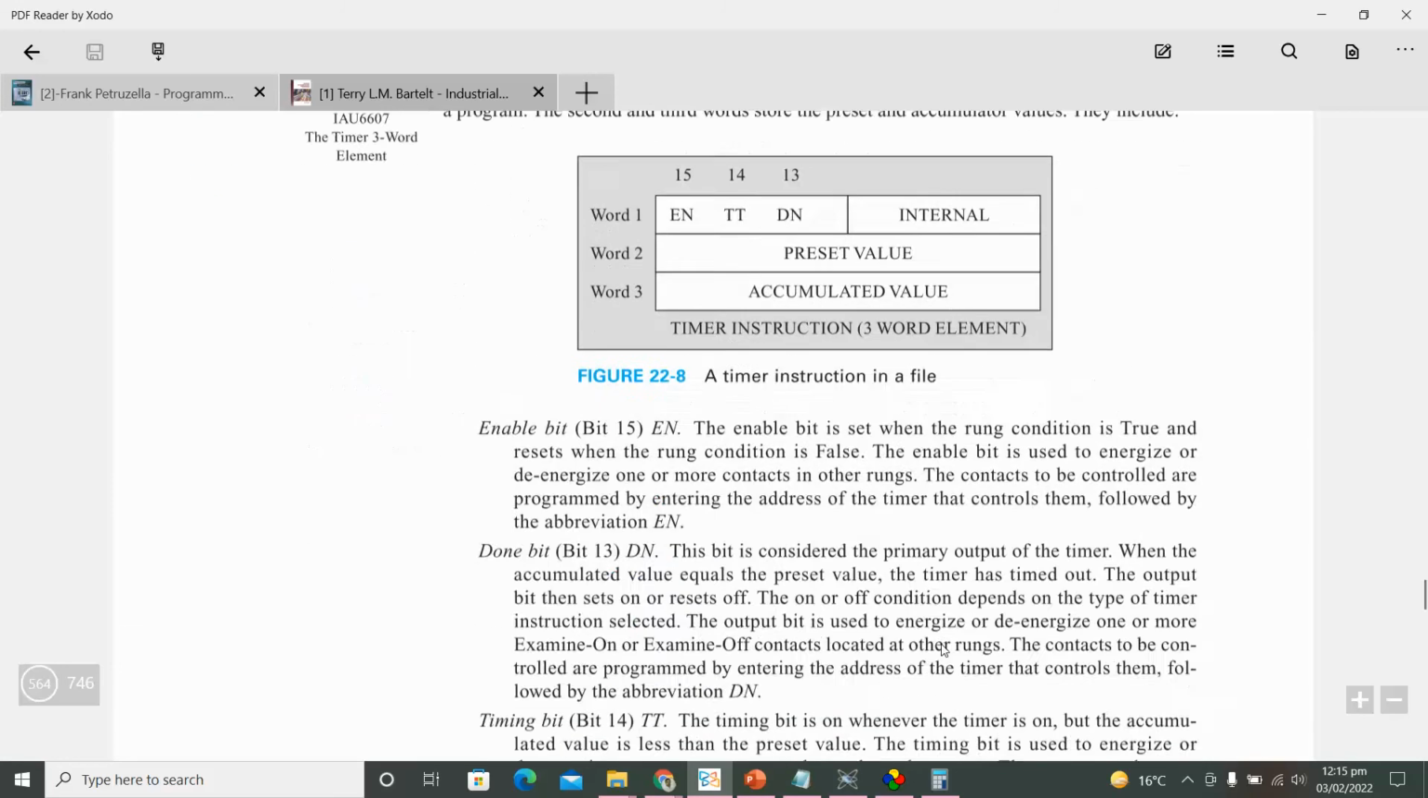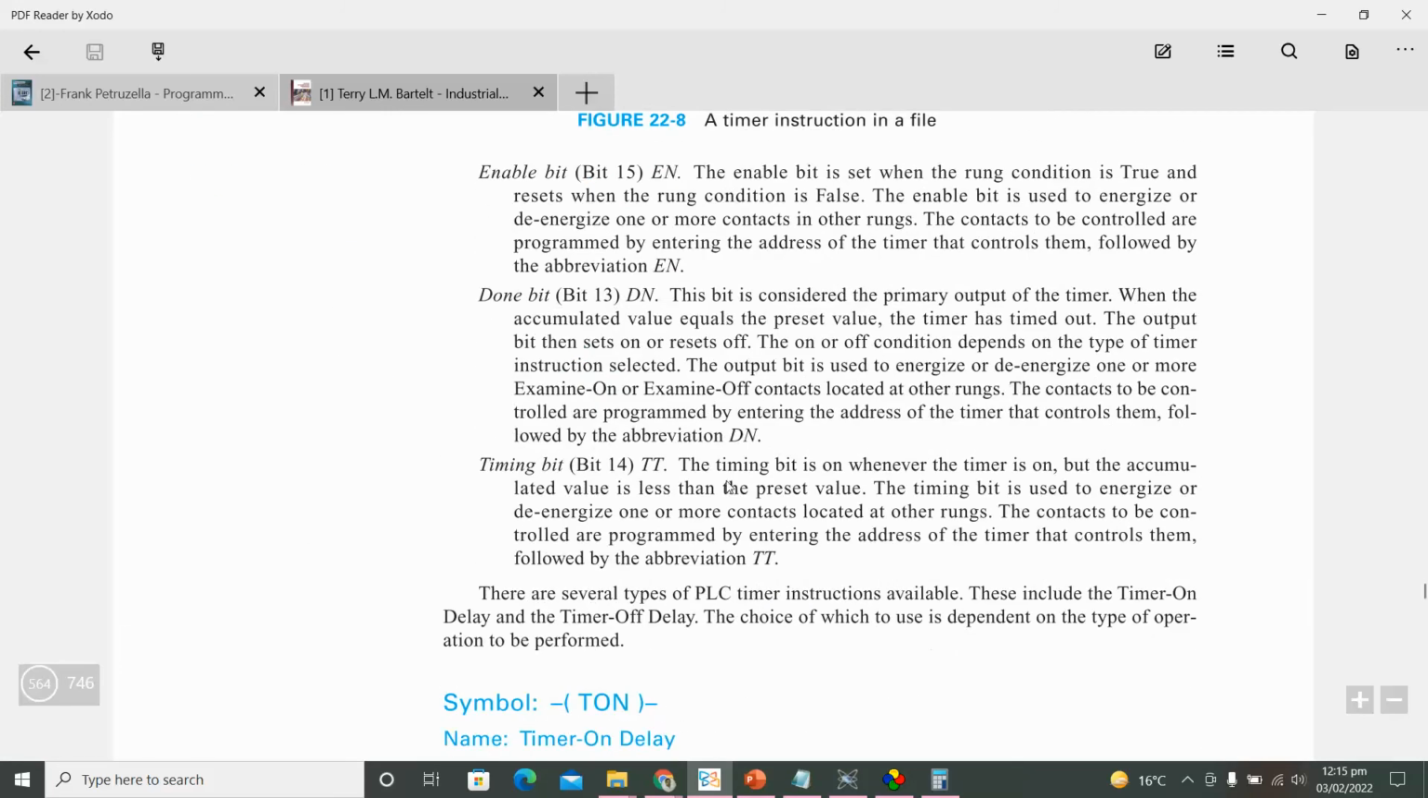और तीसरा जो बिट है टी, टाइमिंग बिट, the timing bit is on whenever the timer is on, but the accumulated value is less than the preset value। इनेबल तो बस एक बार ऑन हो गया तो ऑन रहता है, टी उस वक्त तक ऑन है जब तक कि accumulation हो रही है, टाइमिंग हो रही है। जब वो प्रीसेट के बराबर आ जाएगा तो फिर डन हाई हो जाएगा, टी लो हो जाएगा। ठीक है,